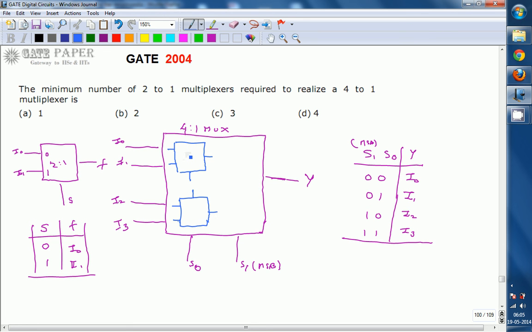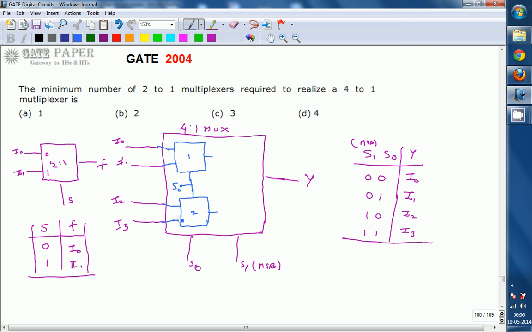So this is mux 1 and this is mux 2. The LSB is going to be connected over here. These two select lines are joined and connected to S0. I am not drawing the connection till this point, otherwise it will become zigzag. So the S0 line is connected to the select line of multiplexers 1 and 2, and the inputs I0 and I1 are connected to the first multiplexer, I2 and I3 are connected to the second multiplexer, like this.